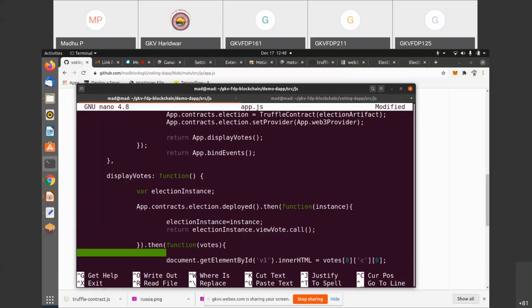Okay, so I hope you're aware of instances and all. So if the contract is deployed, this will become true, right? Then it will enter into this function. Inside this function, it is calling a function called viewVote.call. So immediately it starts returning the data. When it starts returning the data, then immediately that data